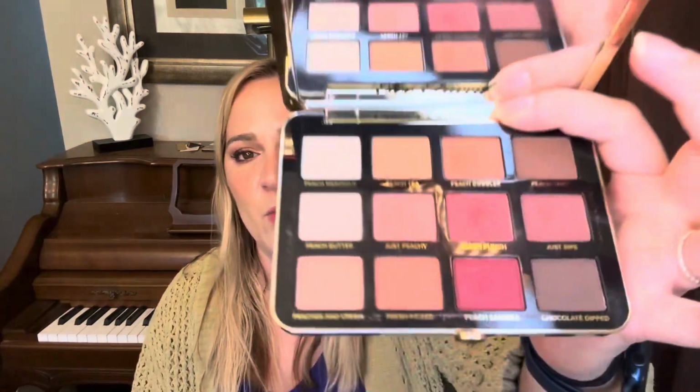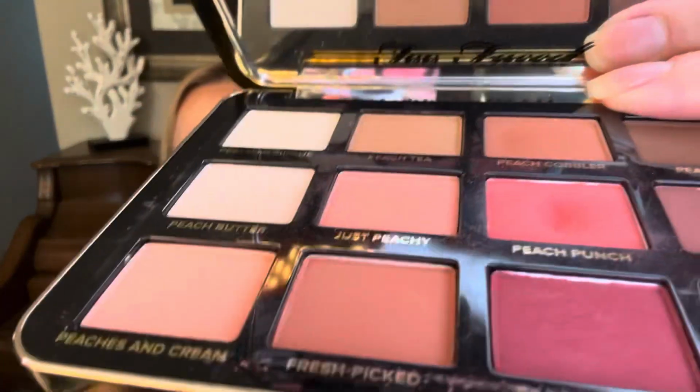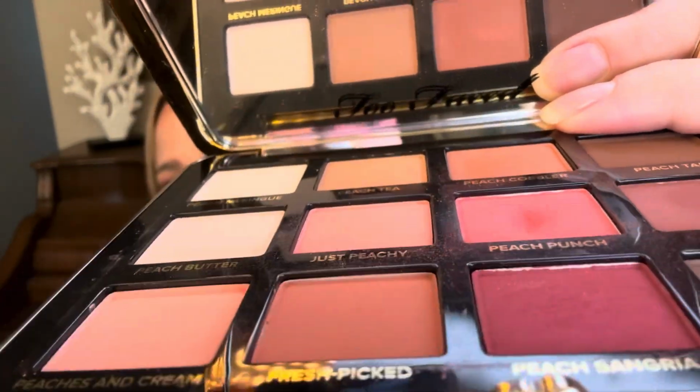I very rarely get frustrated by project panning because I'm just kind of like, it'll happen when it happens. I have a very blasé attitude about it, but I do feel like there's a clock on this shadow. Even this past week, I've been eyeing this shade up here a lot more than this shade, thinking I wish I could just put this shade on instead. This is such a bold shadow and I'm kind of burnt out on it. I've been working so hard on it and I really, really wish I could have hit pan on it, but